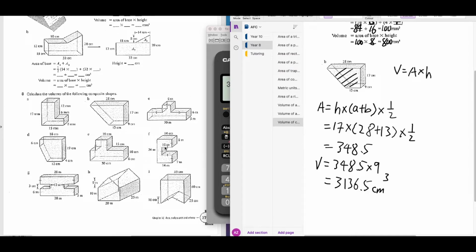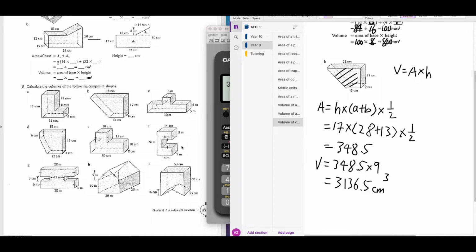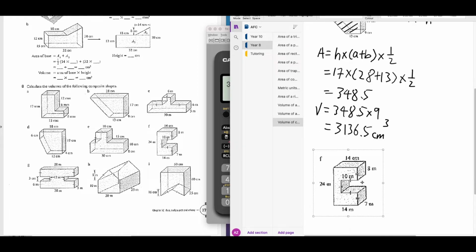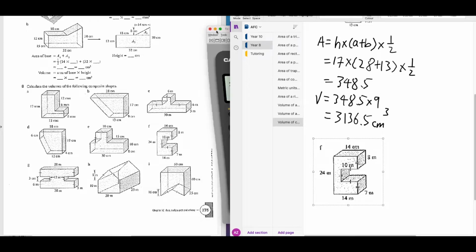Let me do another question. So say question F. All right, so question F, this is actual composite shape. So make sure you pay attention, because in the exam, I notice a lot of you struggle to do some of these questions which ask you to find the area of a composite shape. Now just remember, to find the area of a composite shape, you just have to divide the shape up into